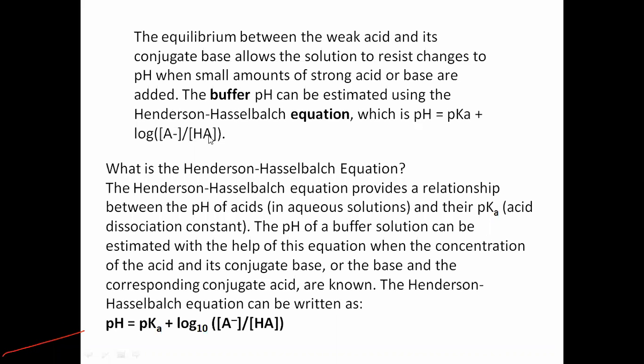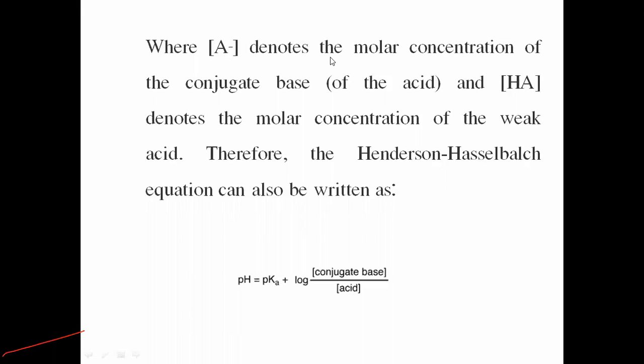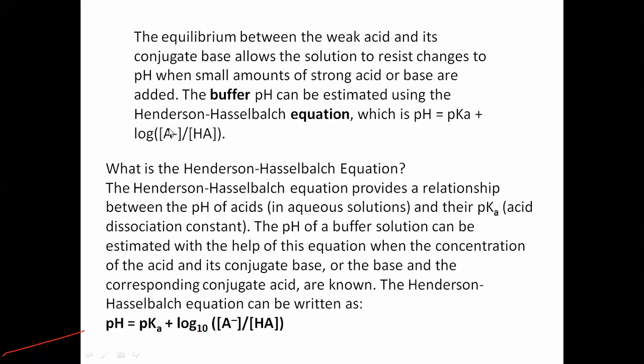Here A minus denotes the molar concentration of the conjugate base of the acid, and HA denotes the molar concentration of the weak acid. So here A minus belongs to the conjugate base of that acid and HA belongs to the concentration of that acid itself. So pH is equal to pKa plus the logarithmic ratio of the concentration of conjugate base divided by the acid concentration is known as